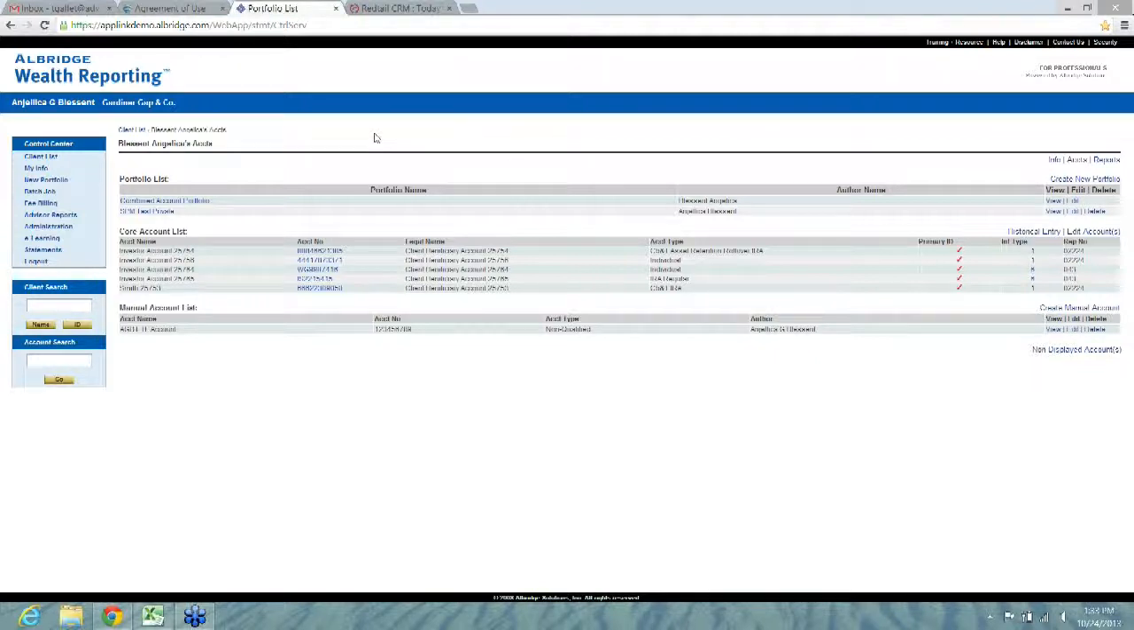We have Todd Gallett from AdvisoryWorld on the line today to give us a demo and show us the platform that AdvisoryWorld offers through Albridge, Redtail, and from a direct perspective. And to give you just a very brief background